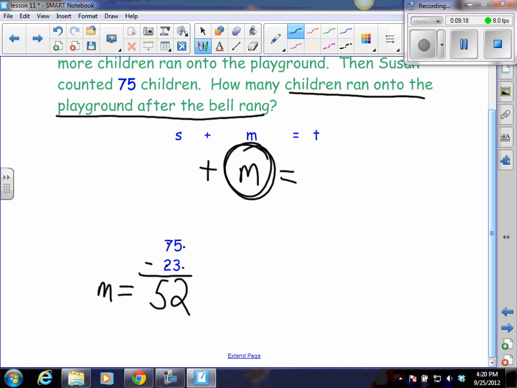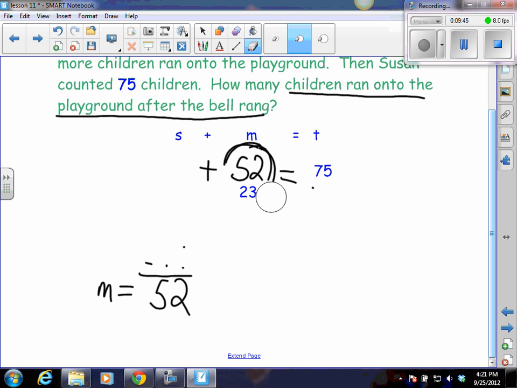Then we want to go back in and check our work. We have 75, we have 23, and we want to plug in our M here and see if that 52 works. So it's right there in our problem. If we move this over here and erase a little so we're not so confused, we can see that